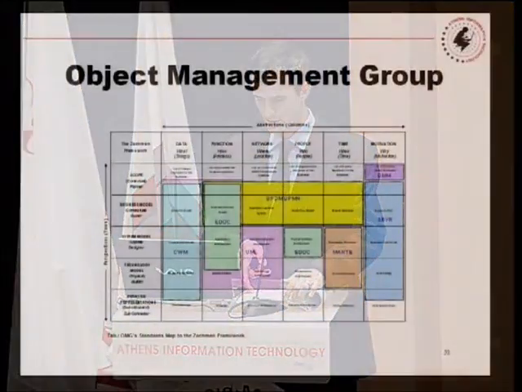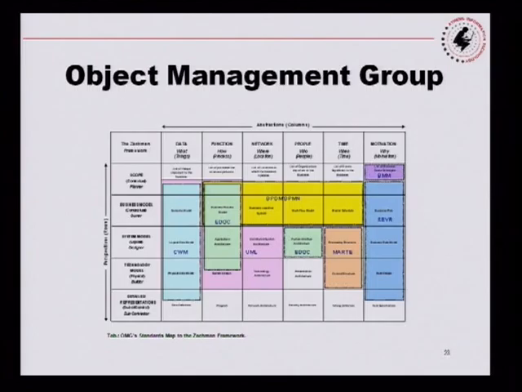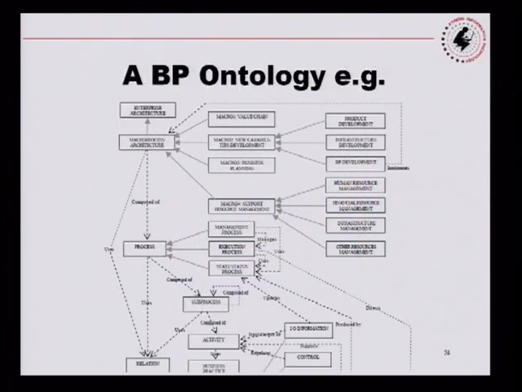And we're not going to discuss that. It's practically a mapping of the OMG standards onto the Zachman framework. So we can see the various tools and methodologies per area and how they map on that. And very quickly move to the business process ontology, which is a breakdown,